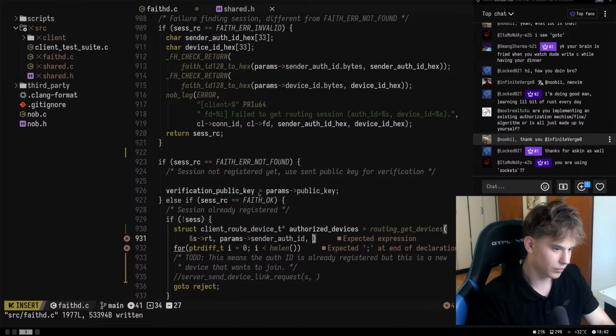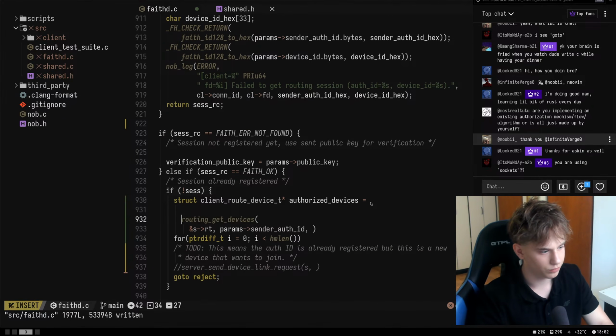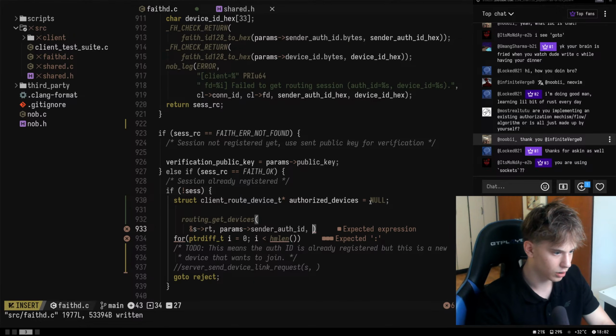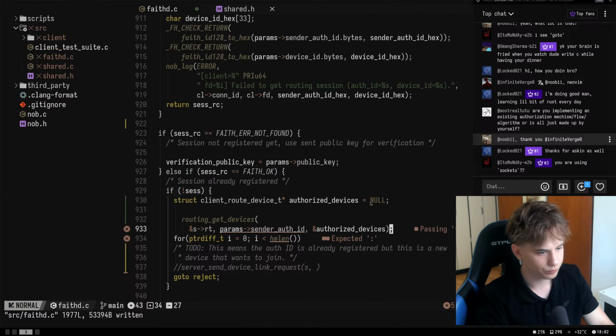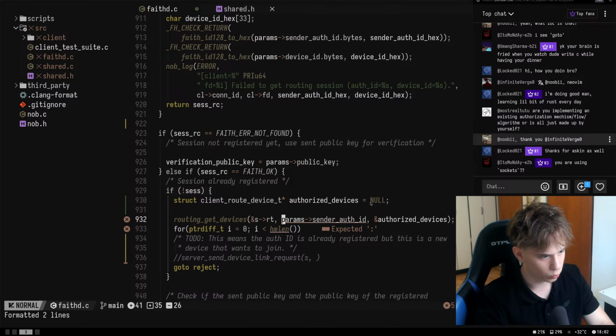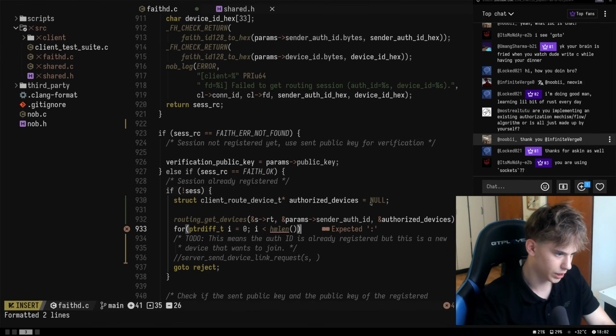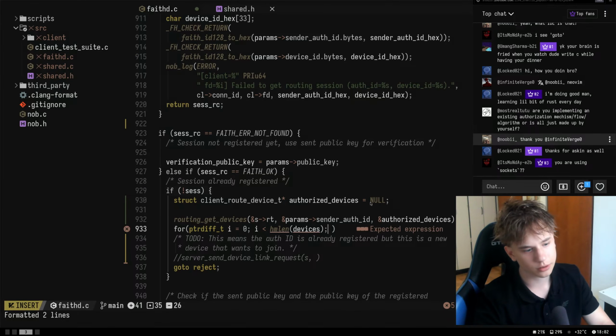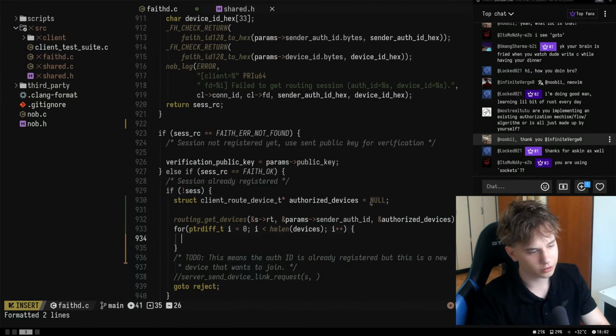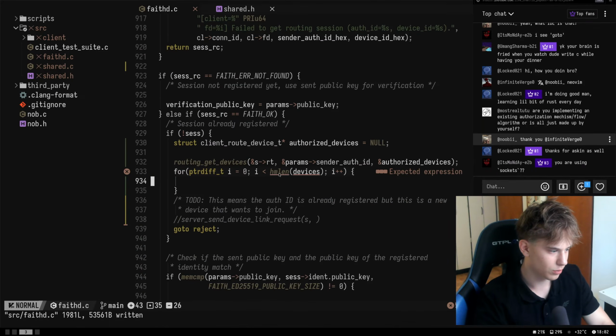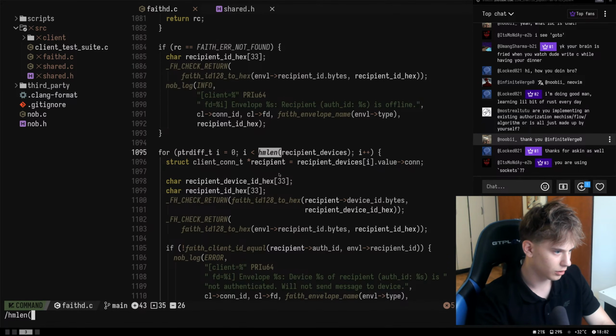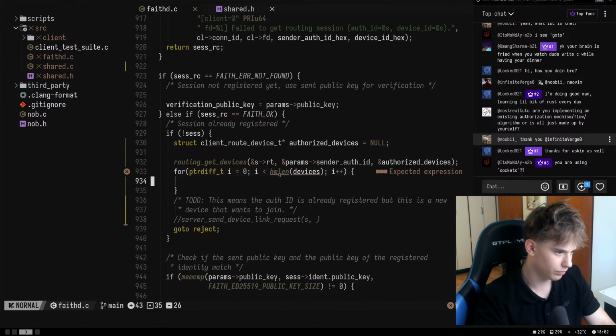Oh, that's just a, okay. It doesn't return devices actually. So let's say authorized devices, right? And we should pass that by reference, and then we say devices i++. Can I not? HM, right, so